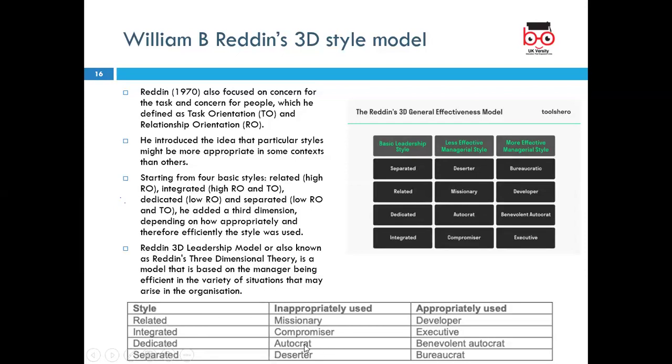So it's more autocratic, it's more authoritative, and otherwise you can say that it is low orientation, but then there's a low relationship, the ties are not that strong in an organization. Tasks are very high, so it leads to improved tasks in that way. But then there is a burnout that happens at the end because of more autocracy if it's used inappropriately.